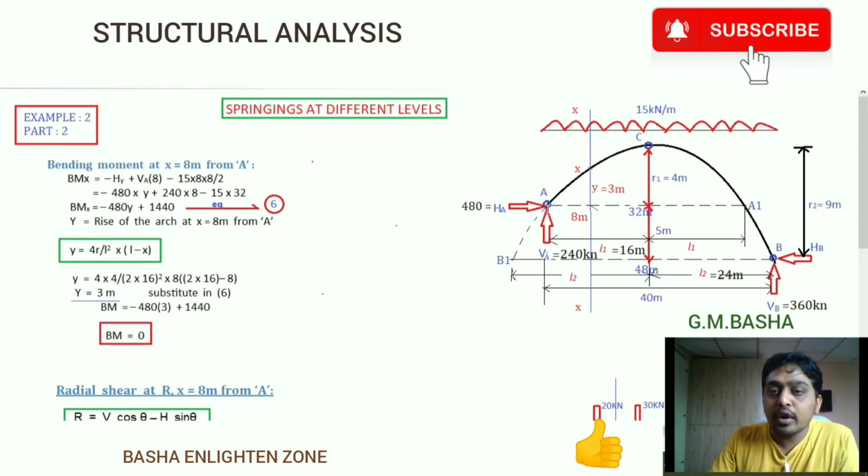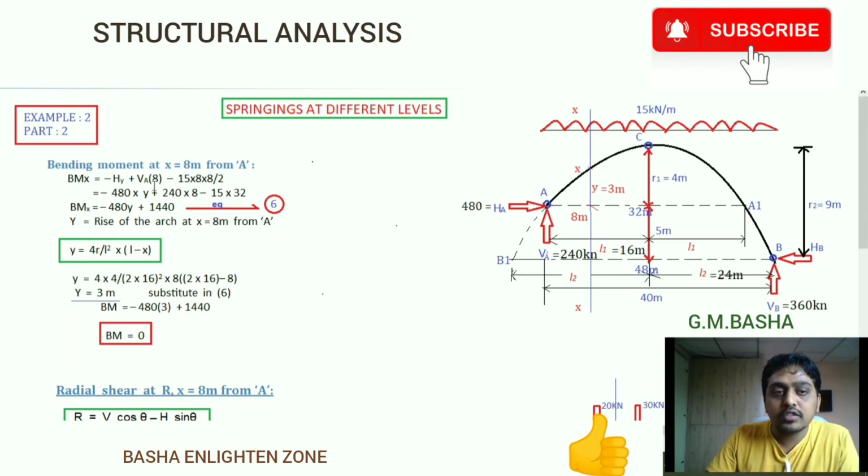Then I am going to find the bending moment. I am resolving the entire bending moment about x. So I am taking clockwise moment positive and anticlockwise moment negative. See here this equation. So clockwise, this VA will be acting upwards. So force into distance up to point x. Force into distance, which is acting clockwise. You please follow the cursor. Force into distance. VA into this 8 meters. VA into 8 meters. Okay.